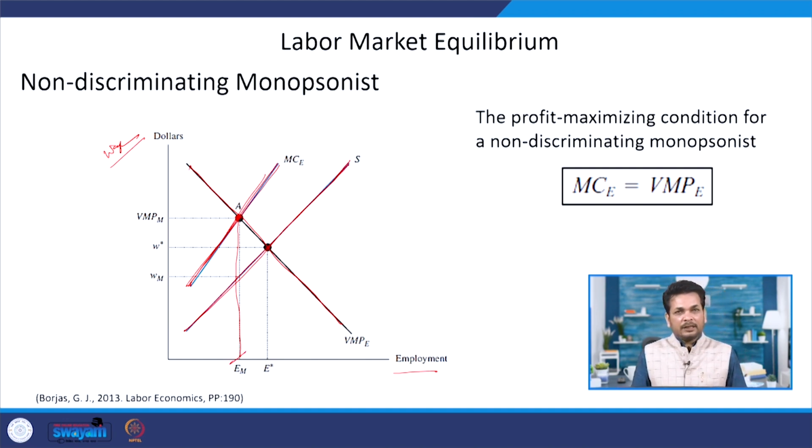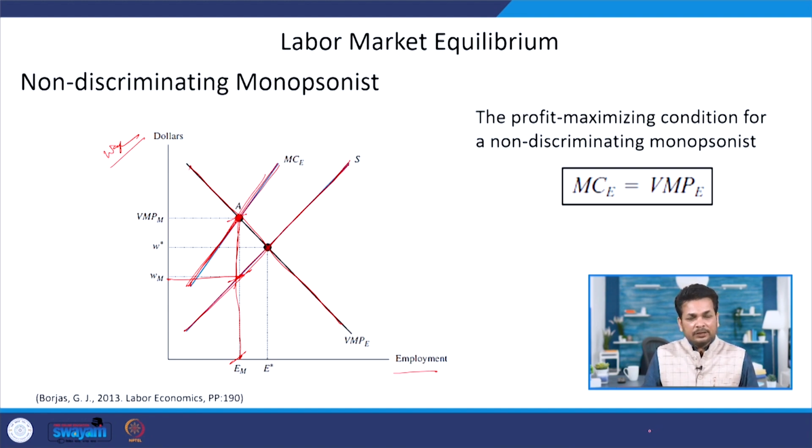However, if you are guided by this supply curve, the farm is hiring EM amount of workers, but paying them WM wage rate. However, the value of marginal product from the labor the farm is receiving is this BMPM at this point. So, the farm is paying WM, and the farm is receiving in the form of value of marginal product from the labor BMPM. Now, if you look at this, you can see that there is a significant difference between the wage rate and the value of marginal product of labor.